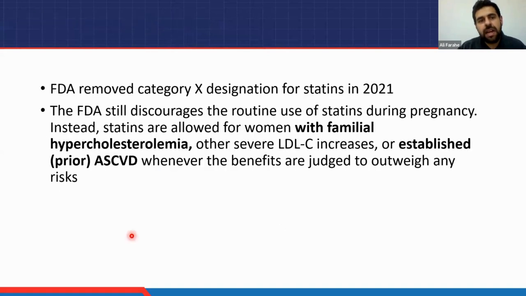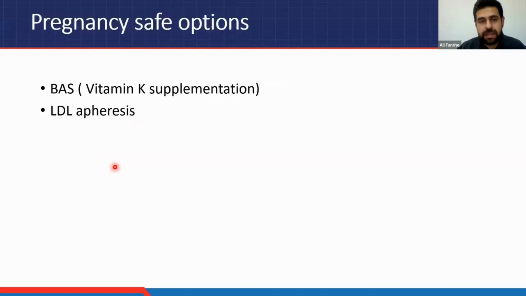So this led the FDA to remove the category X designation for statins in 2021, and statins can be used in patients with familial hypercholesterolemia and patients with prior atherosclerotic cardiovascular disease. So my patient, she probably will continue statin. Obviously, this is a bit of a controversial statement as well. We know the only pregnancy-safe options are LDL apheresis and bile acid sequestrants, but they also must be used